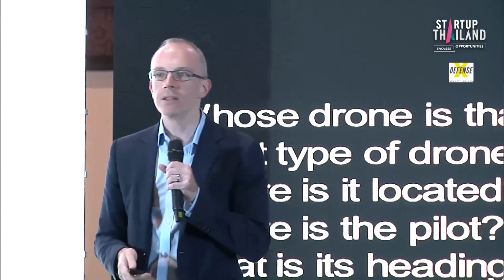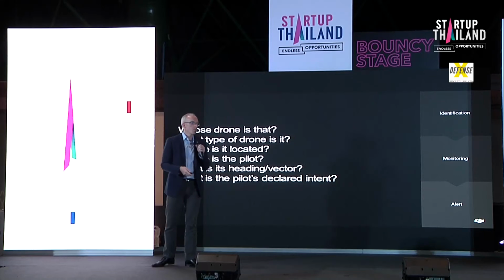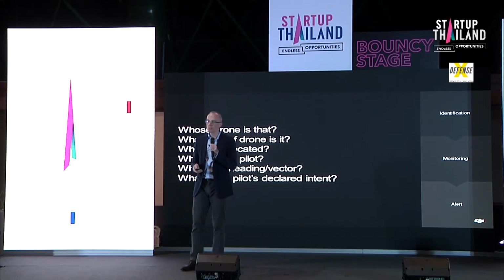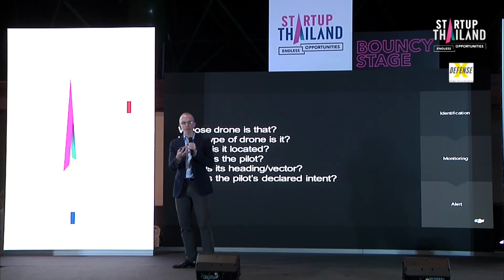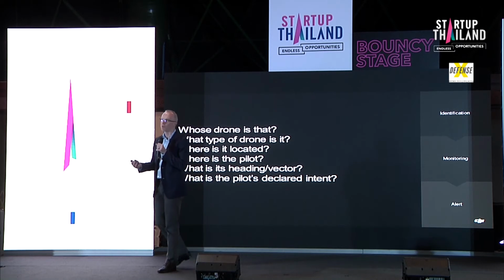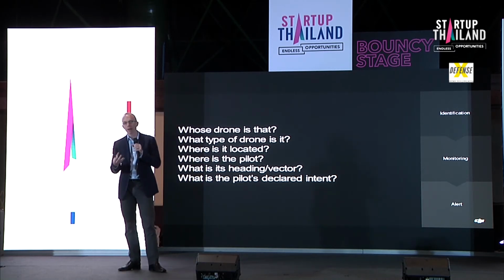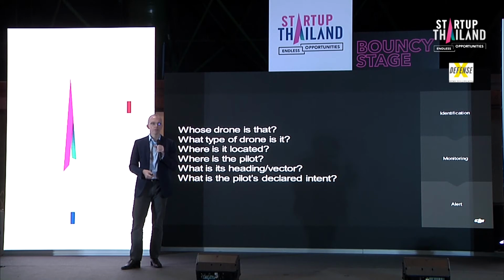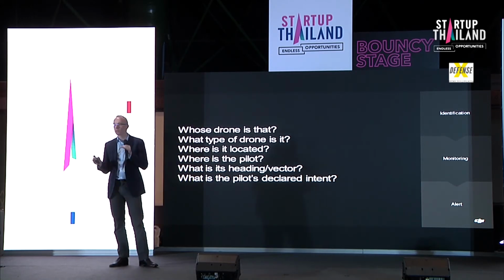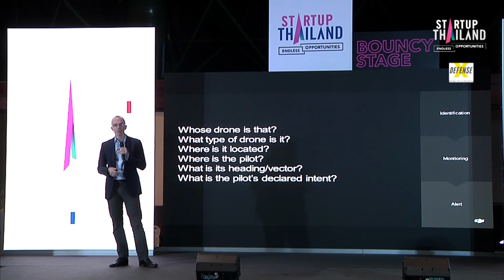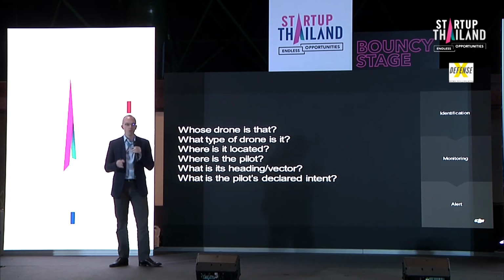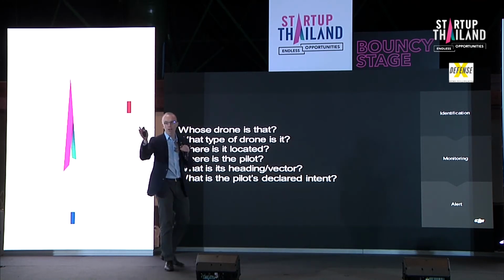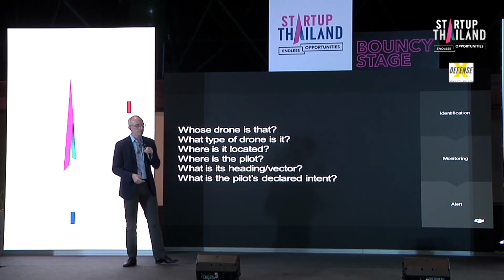So, what do you need to know? Whose drone? What type of drone? There's a big difference between a Spark, which is a very lightweight drone, or a Mavic Air, which is about 430 grams, very lightweight, very low risk, and unable to really carry a payload, versus a large agricultural drone like our Agras drone, which can be up to 24 kilograms if fully weighed down with pesticides. If you're in a security position, you want to know whether it's a Spark coming at you or an Agras, right? You want to know what type of drone is coming your way so you can make a decision about